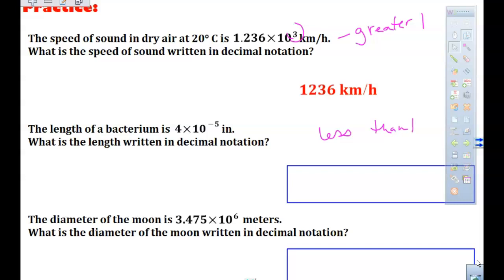1,236, keeping the label kilometers per hour. The next one's going to be small. Remember, this didn't mean 3 zeros, it means moved it 3 places, which is right at the back of that 6. This one tells us move it